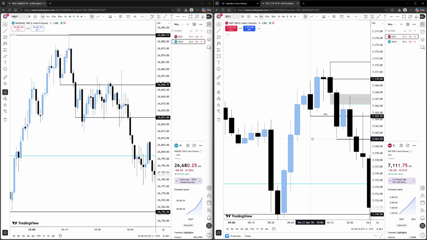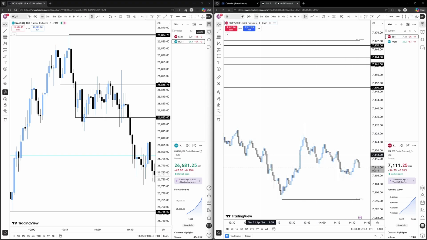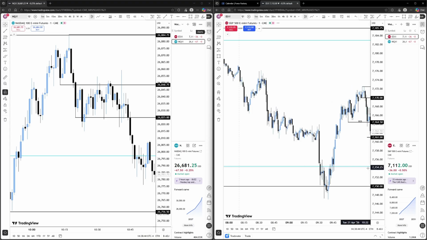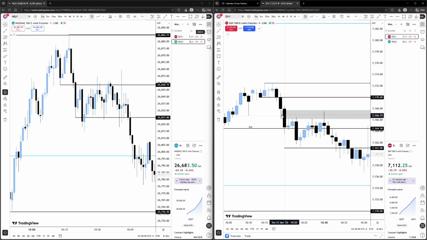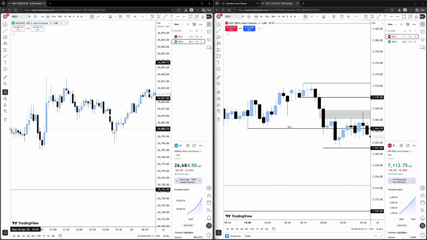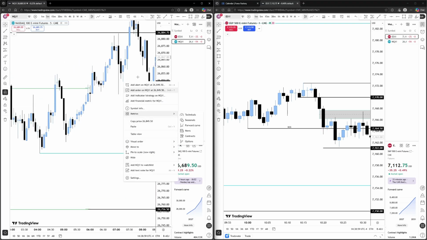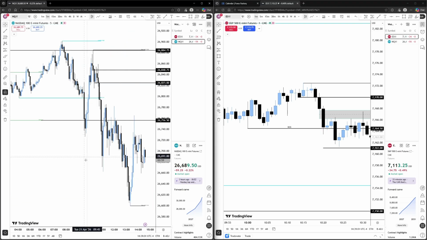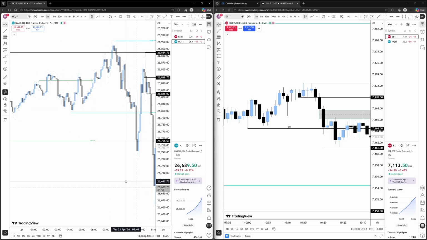So on NQ, let's see the 5-minute break of structure. How do you reset chart? Yeah, okay. Here,